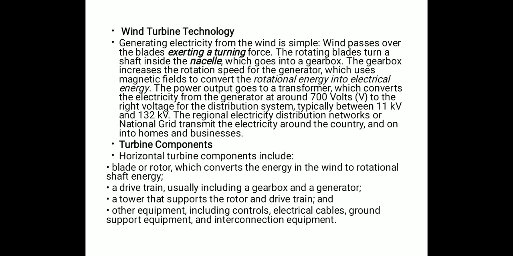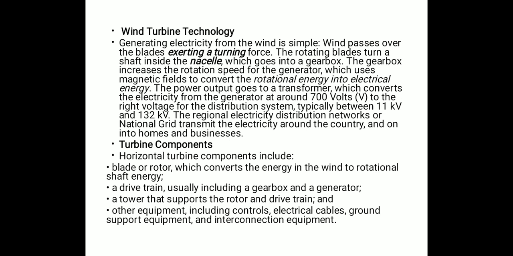Now let us see about the wind turbine technology. Generating electricity from the wind is simple. Wind passes over the blades, exerting a turning force. The rotating blade turns a shaft inside the nacelle, which goes into the gearbox. The gearbox increases the rotation speed of the generator, which uses a magnetic field to convert the rotational energy into electrical energy. The power output goes to the transformer, which converts the electricity from the generator at around 700 volts to the